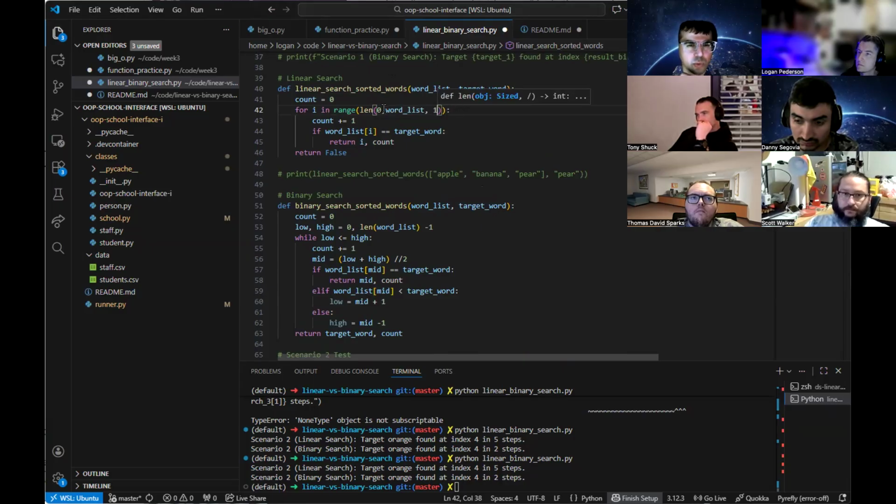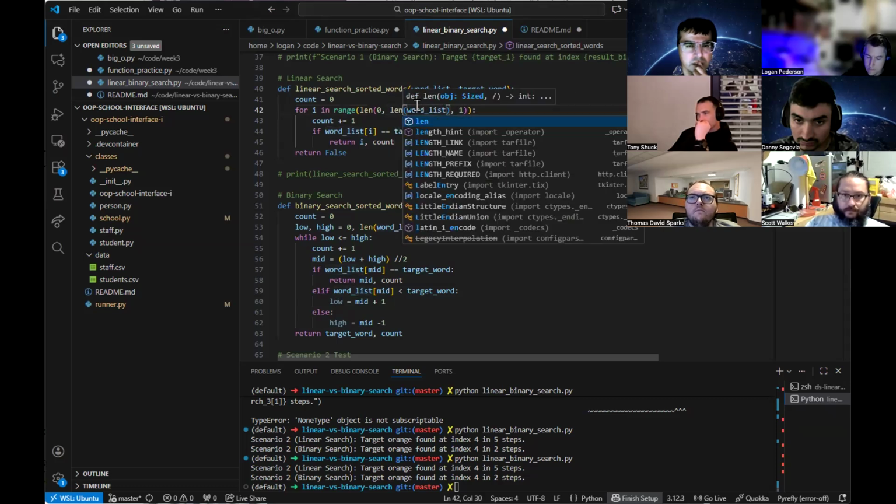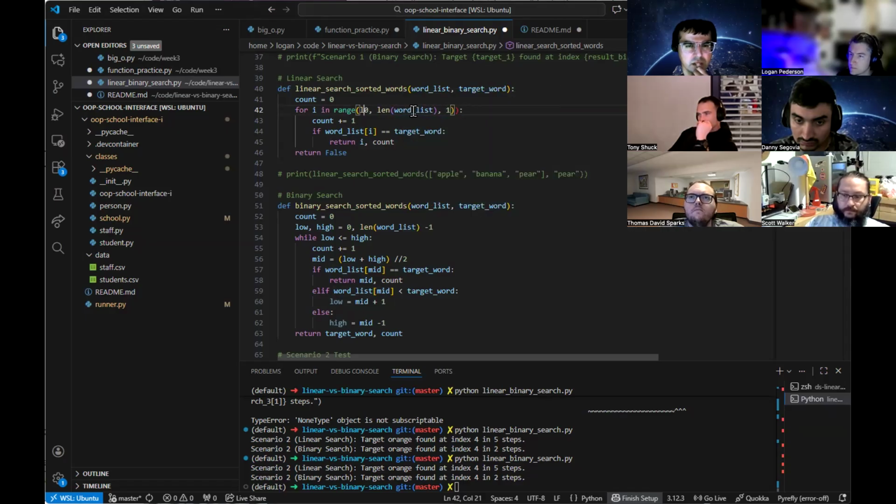Put length around word list and then delete the outside version of it. Now delete the outside function of length. And I think you deleted one too many parentheses on range. You're missing one after range. Yeah, one parenthesis. Okay. All right, stop right there.